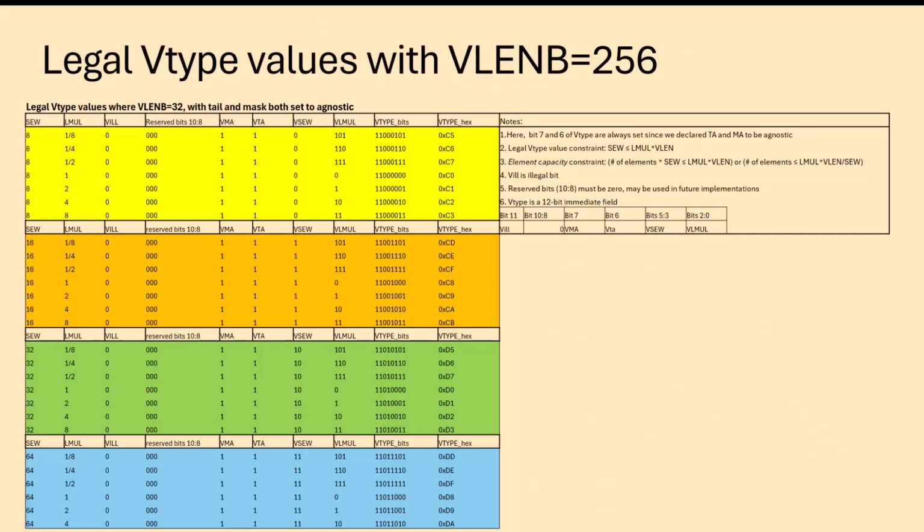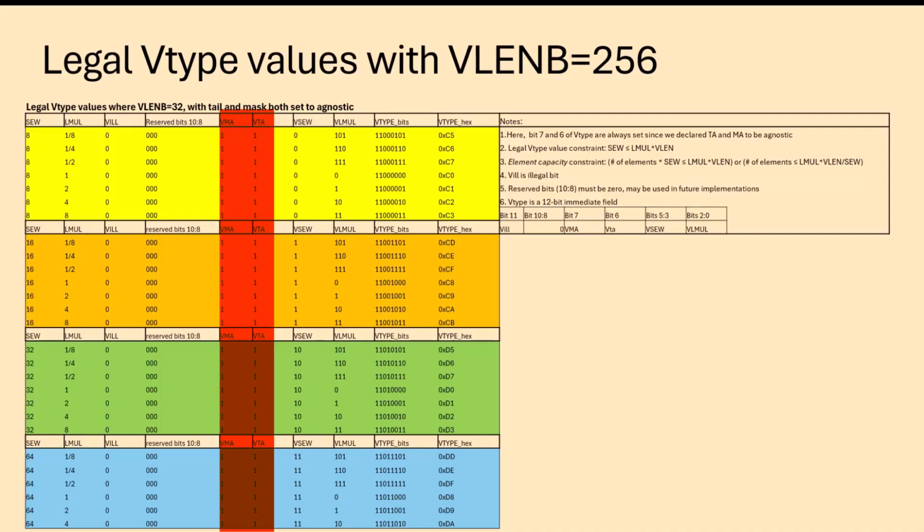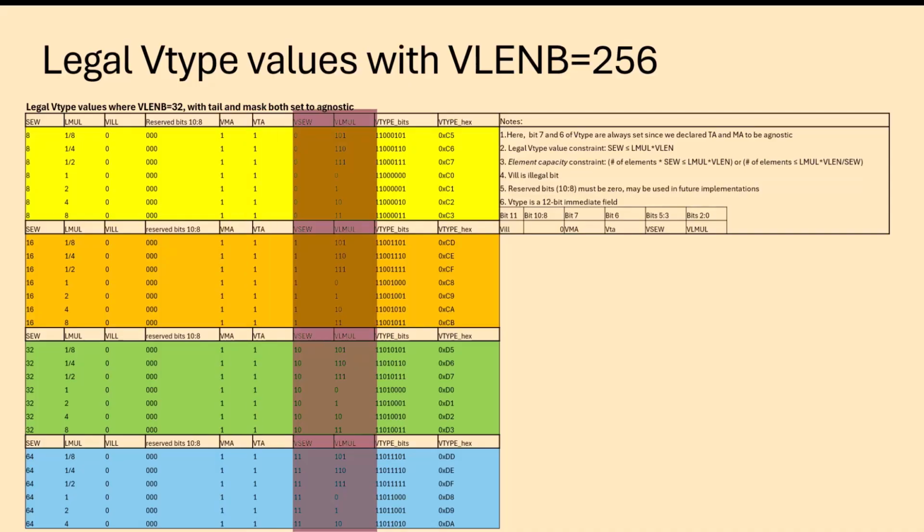This chart shows valid vtype values with varying SEW and LMUL fields with fixed VMA and VTA fields. So what we've done here is we've set up the VTA and the VMA fields with a value of 1. And then we varied the other fields so you can see what values are legal. Here's an example of a